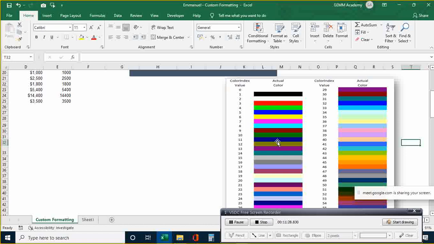And all of them have been given a value here. So I need to choose one. So if I go for color 10, which is a dark green, okay, and I go for color 3, which is a red, when I come back here,